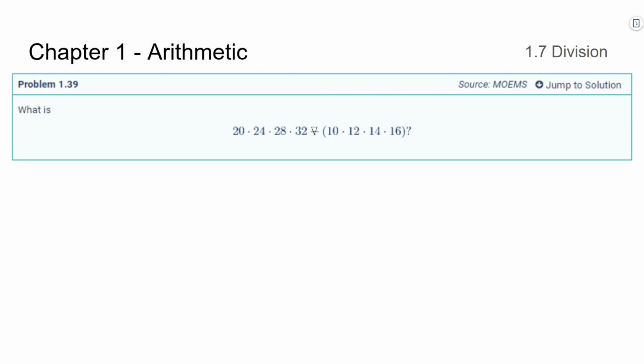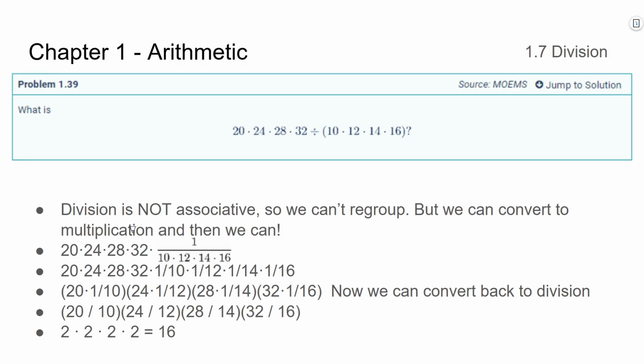Well, we know that we can convert division now, right? We've been doing that. So instead of having this division here, let's just convert it to multiplication, and that way we can use the commutative property. So let's go ahead and convert it. Remember, you are dividing this entire product right here. So these parentheses, they matter. So it's not just 32 divided by 10 and then call it a day. It's 32 divided by